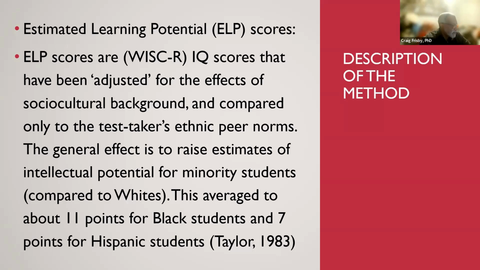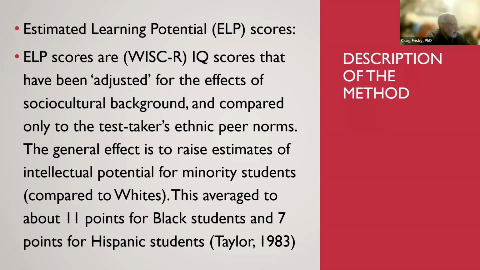So the SOMPA philosophy argues that the 115 score made by a person from group A has to be artificially raised in order to reflect its higher percentile ranking within that particular group. So instead of assigning that test taker the score of 115 that they made on the WISC-R, the SOMPA method will, let's say, add 11 points to that score, as well as changing the name of that score to what they call an ELP score, which stands for Estimated Learning Potential Score.